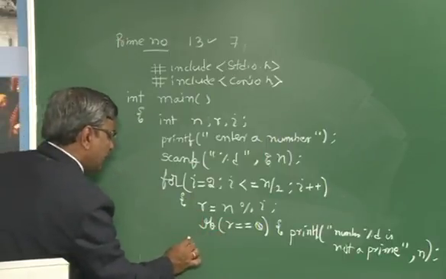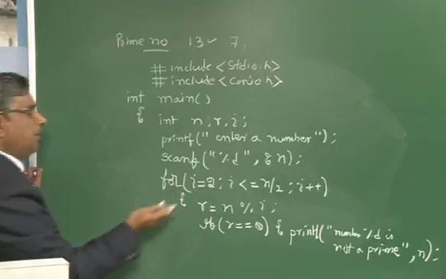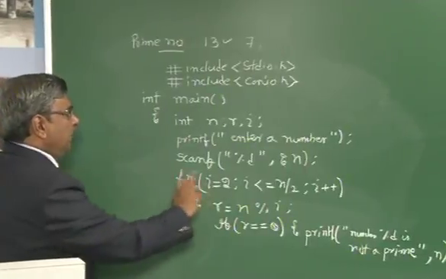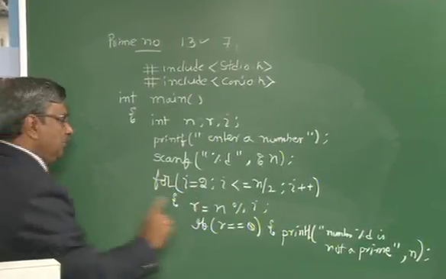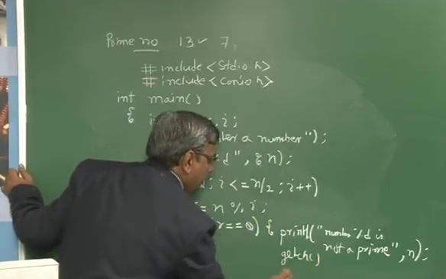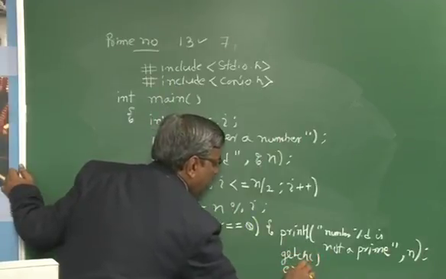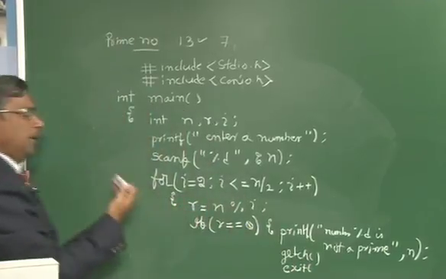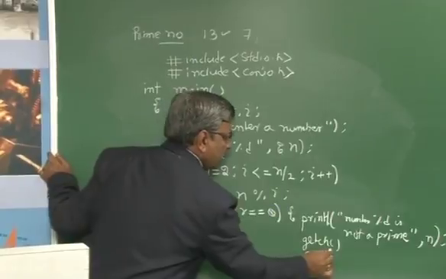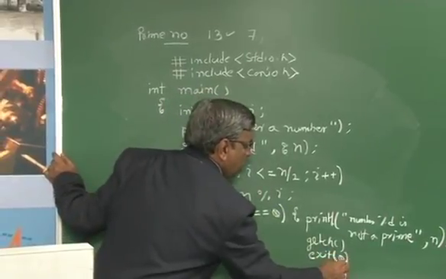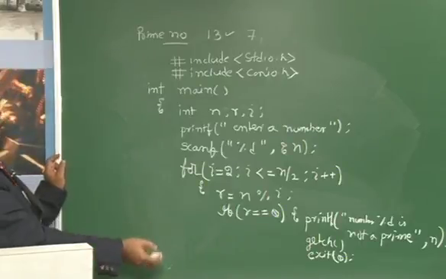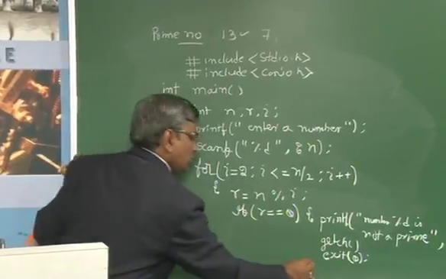If the remainder is not 0, then you have to repeat the process, checking with the next number. If this is true, then getch. There is an interesting statement in programming to go out of the program. Once you have checked your number, you can use a function called exit(0). This is a built-in function that takes control outside the program and closes it.